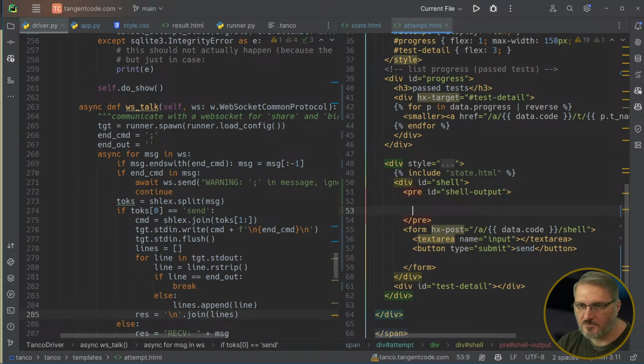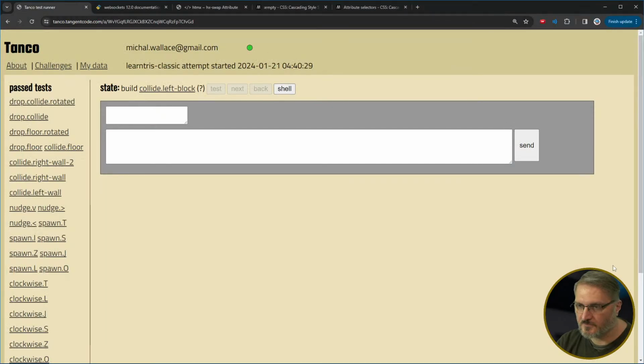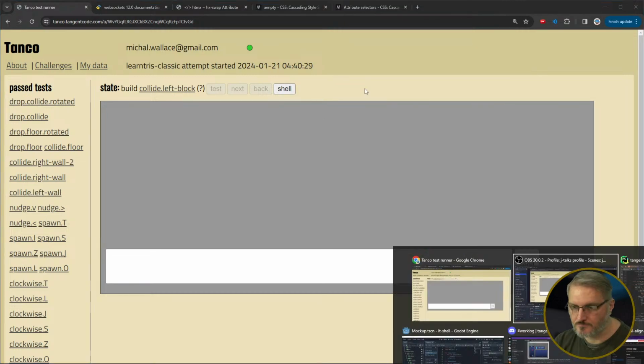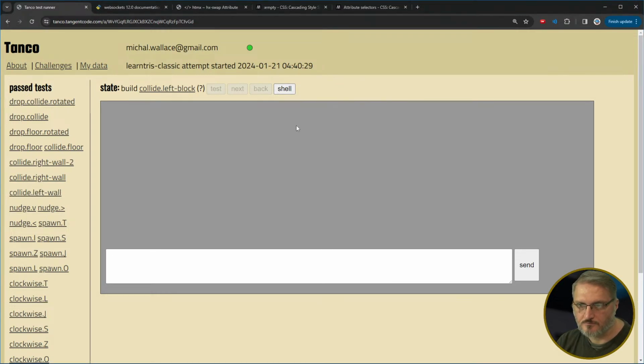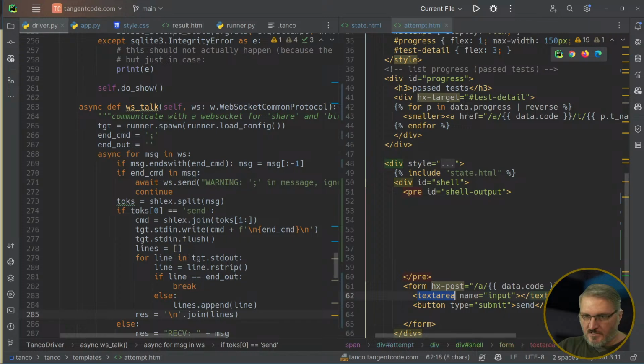By default, it will be a bunch of extra lines, empty lines. In fact, maybe instead of a text area, we make this an input name equals input, type equals text,